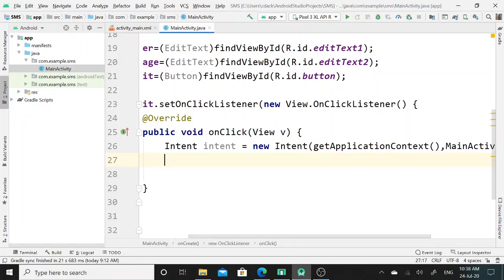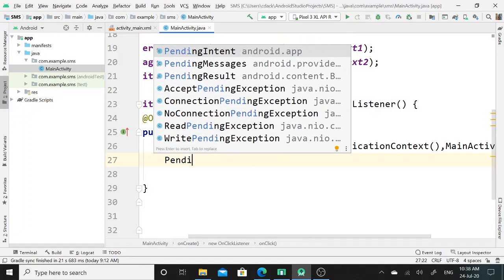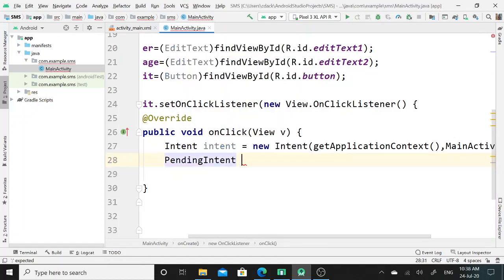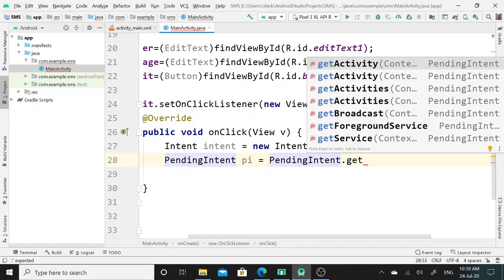Next I will create the object for PendingIntent. So this is the PendingIntent class. I will create its object as pi. Here I will call the getActivity method of this PendingIntent class.